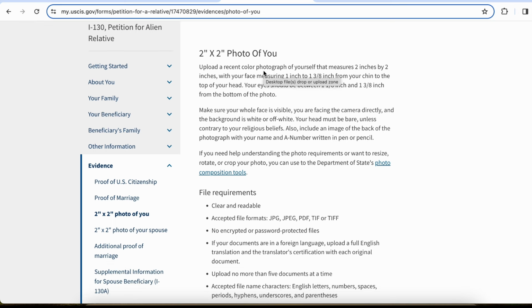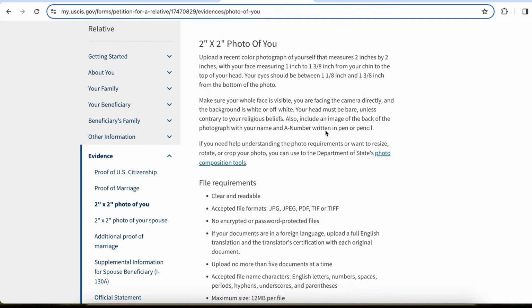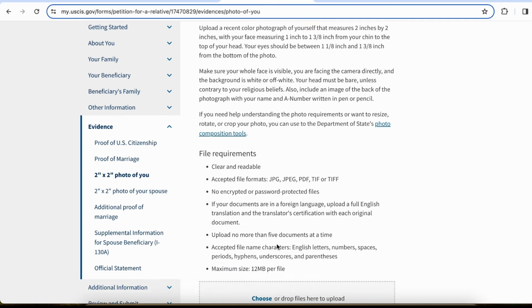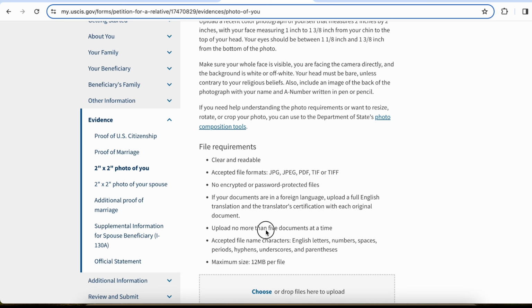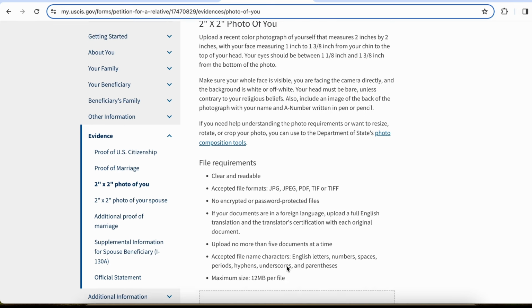Means who is filing this I-130 petition. Upload a recent clear photograph. They have said the 2" by 2", and you can read it. Every requirement is the same: PDF, JPG, no more than 5 documents at a time, and 12 MB per file. Okay,